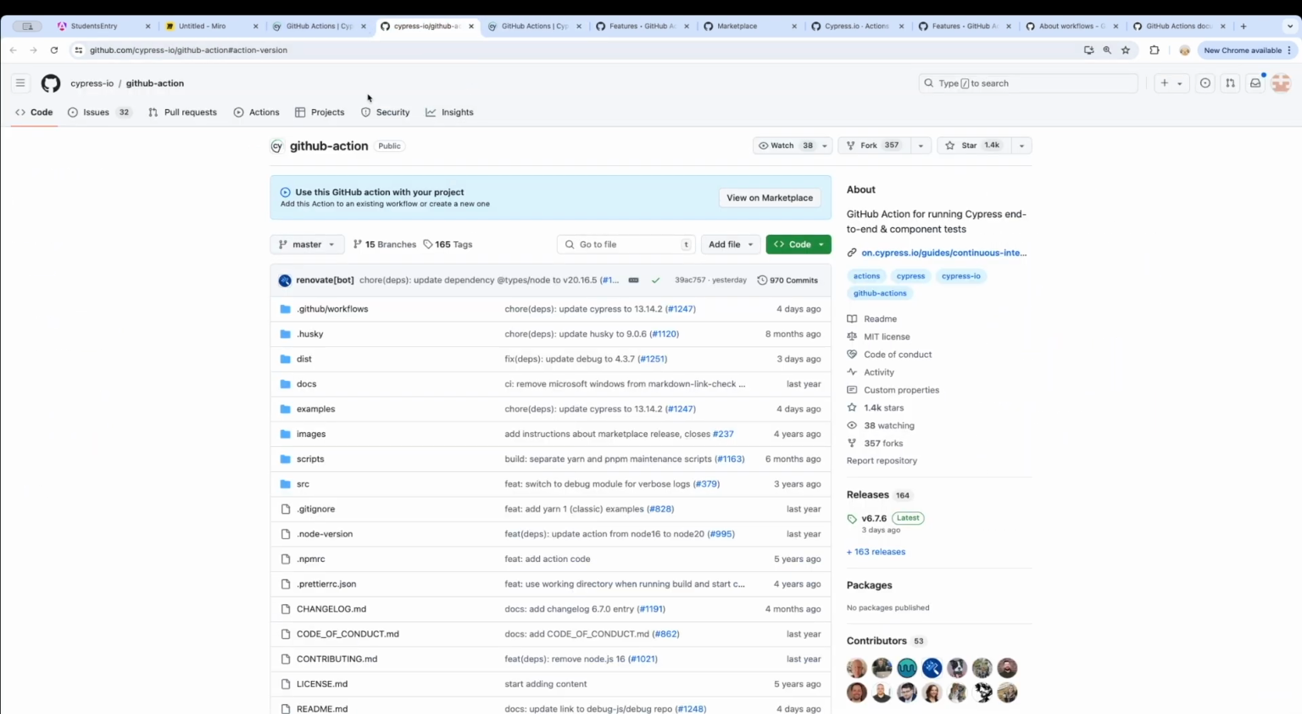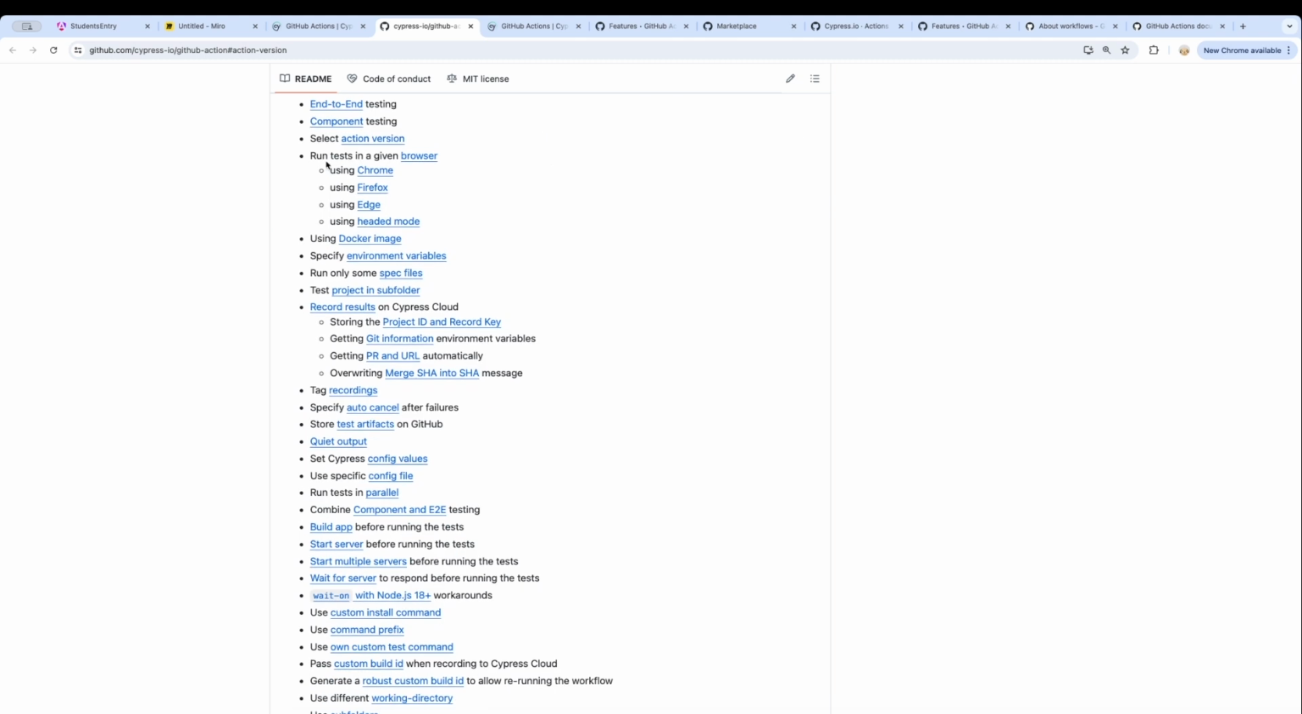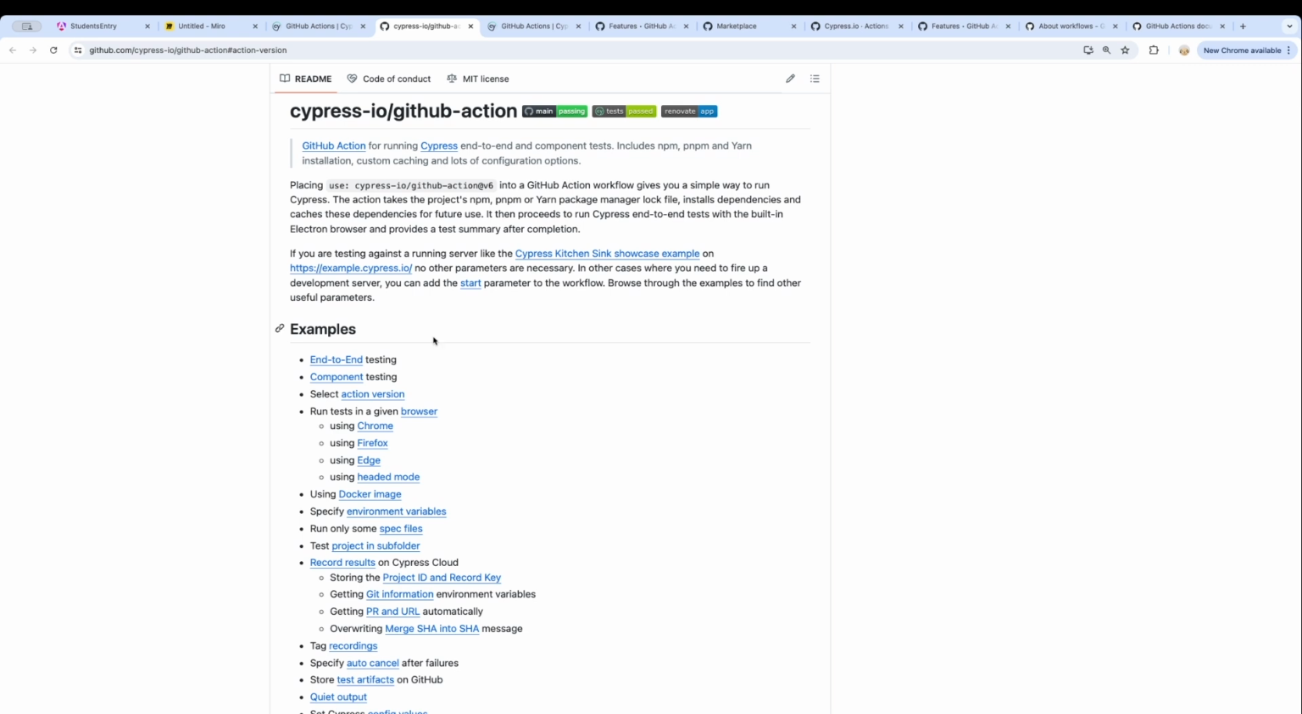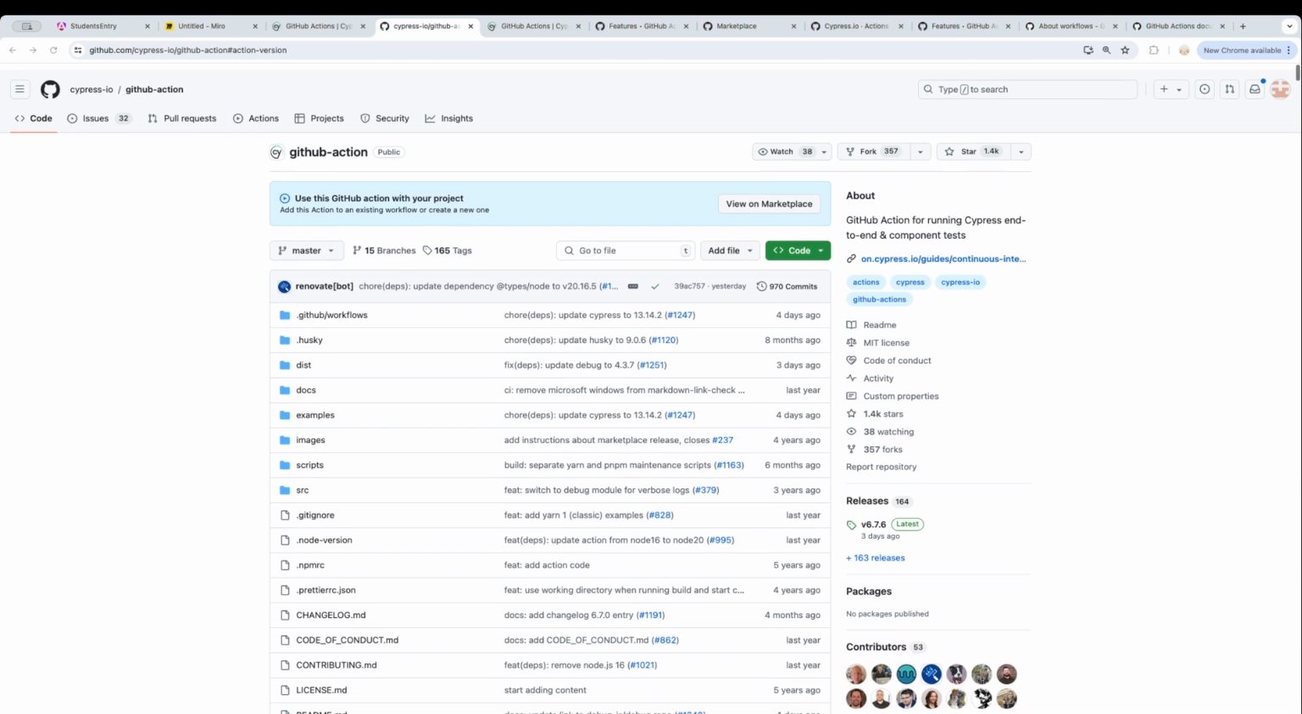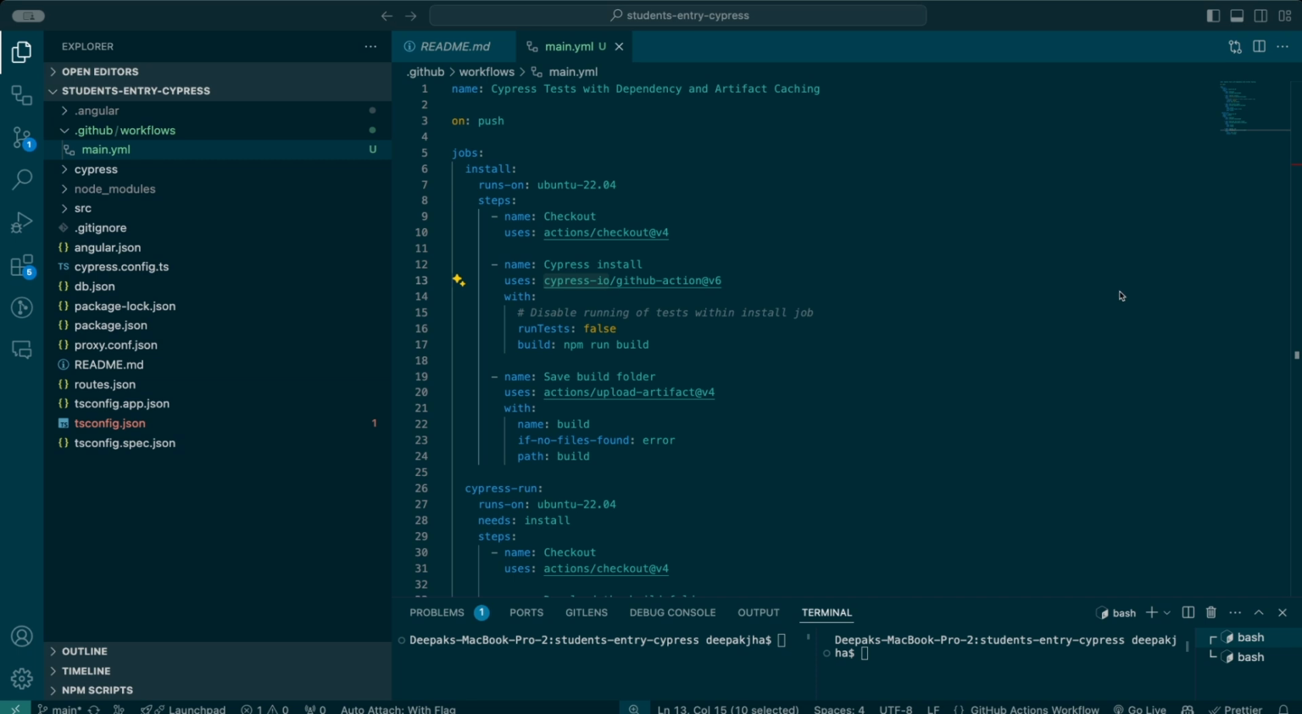So I'm just not going to be explaining each and every action. I'm just going to be telling you the place where you can find all the Cypress-io related actions. Okay, so now again let me take you back to the code editor, and there at the code editor, if you look,